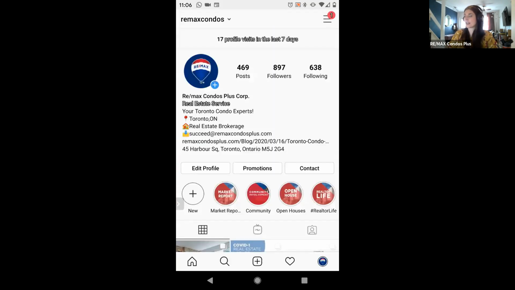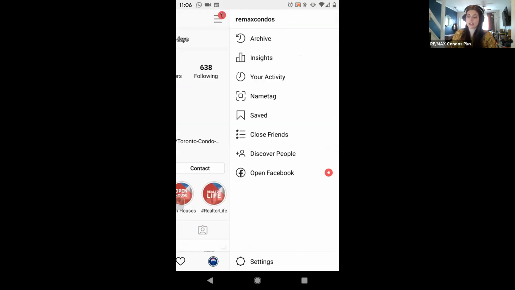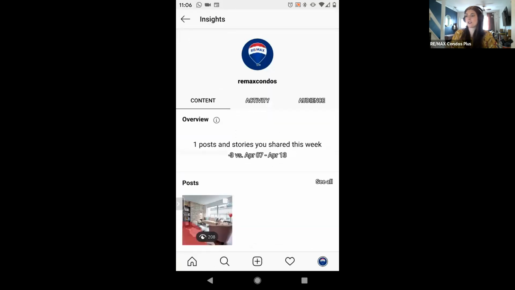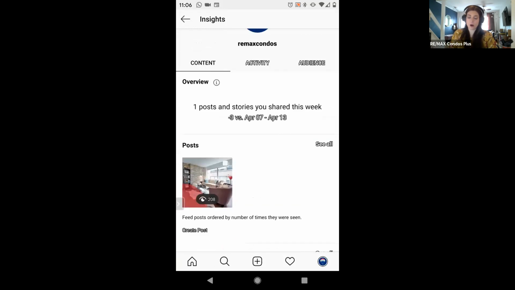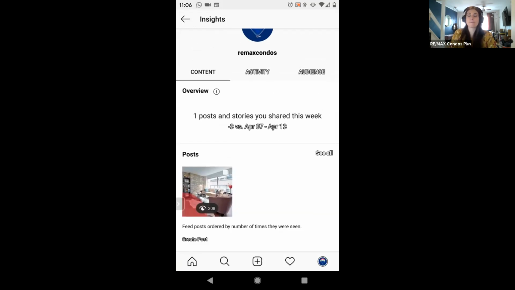So one of the next things I wanted to show you guys is if I go in here, you have this insights button. And this insights button is going to be your best friend. So you'll be able to see your recent posts, and unlike a personal account,